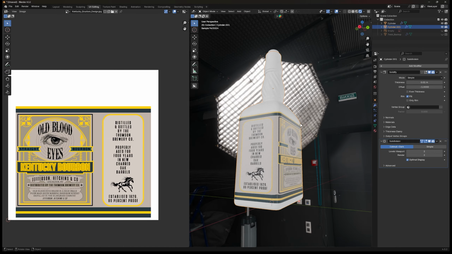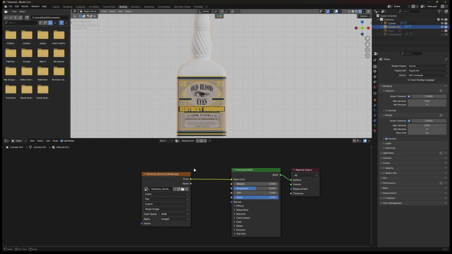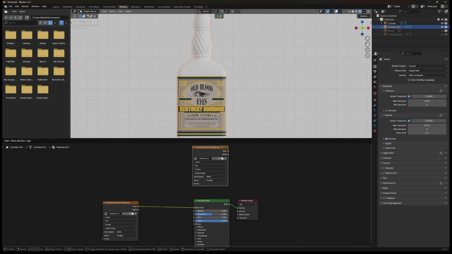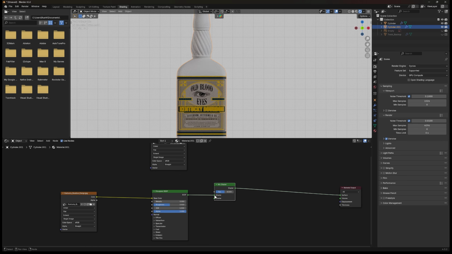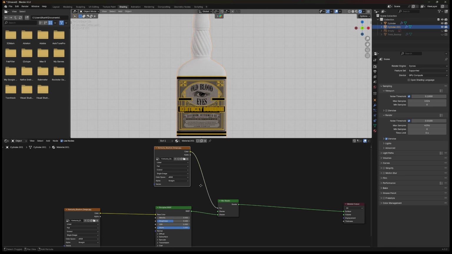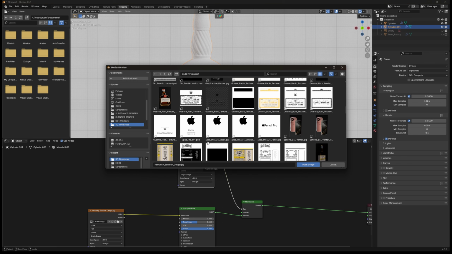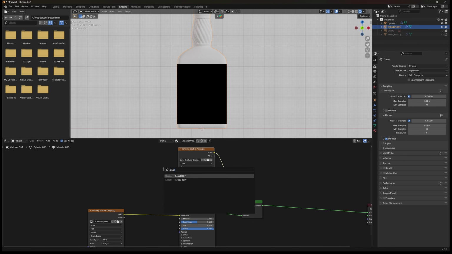So if you have done aligning the UV, go back to the shading window, then duplicate the image texture and just place it here at the top. Move the material output away so we have more space, and then search for a mix shader. Place the mix shader before the output, then connect color from image texture to the factor. Change the image by clicking this folder icon and look for the alpha textures. Add a glass BSDF node and connect it to the shader empty input.